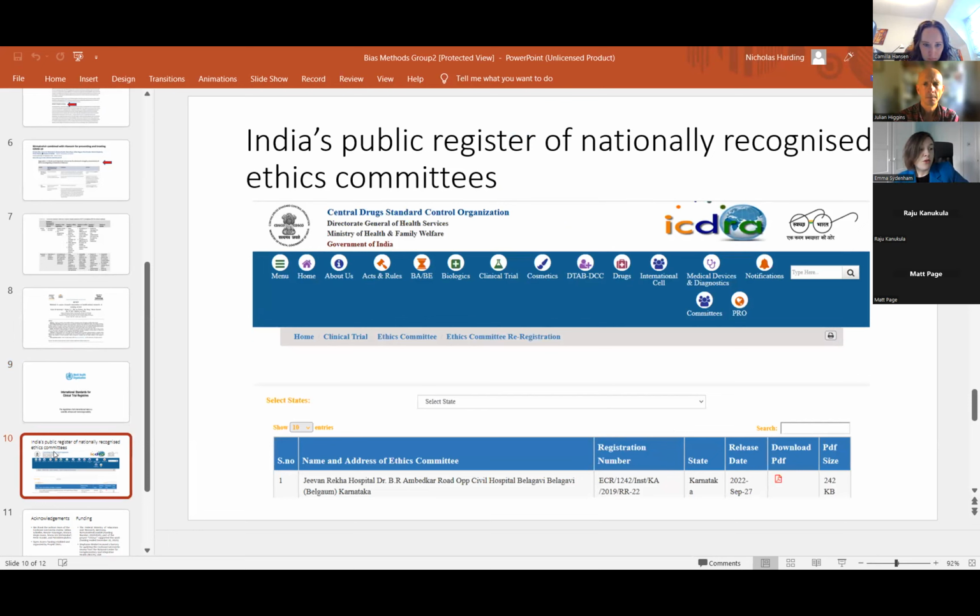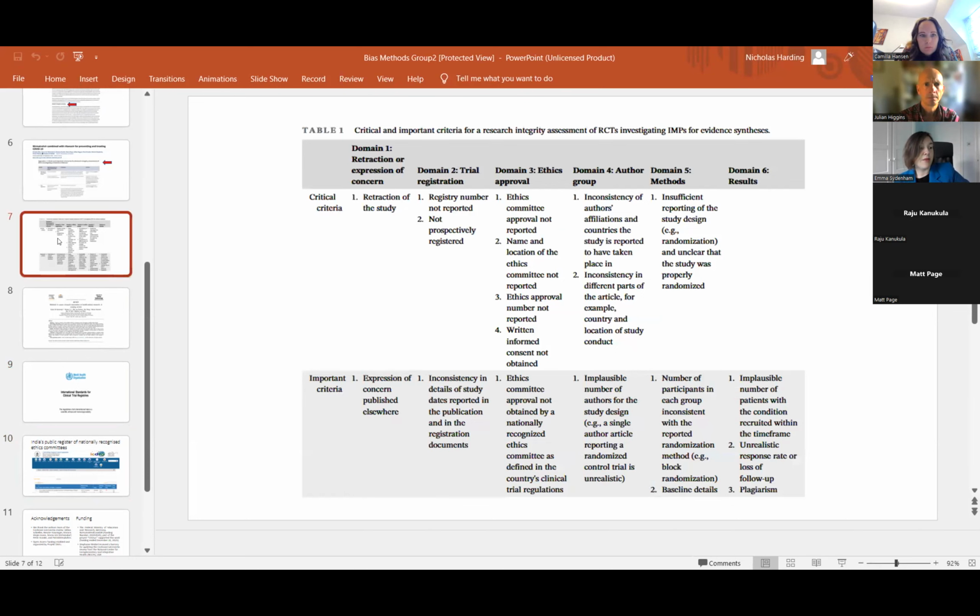The domain author group examines the plausibility of authorship and can be helpful in identifying publications that may in fact be plagiarized from other research. For example, if the text of the manuscript is very similar to another publication, but the names of the authors and the study location are different. Likewise, for methods assessment, if a study is reported as a randomized trial in the title, but lacks any further description of the randomization procedures, the study would be held back from inclusion in the review until more information is received from another source. The final domain is